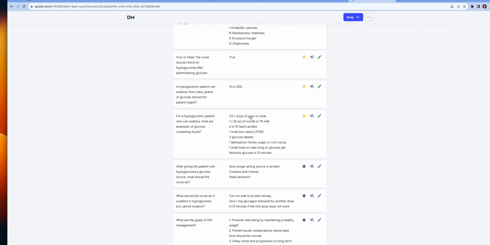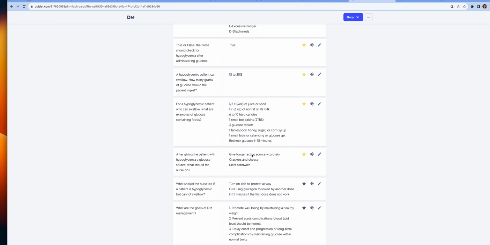You need to recheck the blood sugar in 15 minutes. And then after you do that, you're going to give something to eat that has protein in it, like crackers and cheese or a meat sandwich. So let's reiterate. Somebody's hypoglycemic, you're going to give 15 to 20 grams of glucose in one of these sources. Then after that, you're going to recheck the glucose, but you're still going to give them something with protein. Giving them something with protein helps the sugar last longer, but you're going to do that after you give the initial